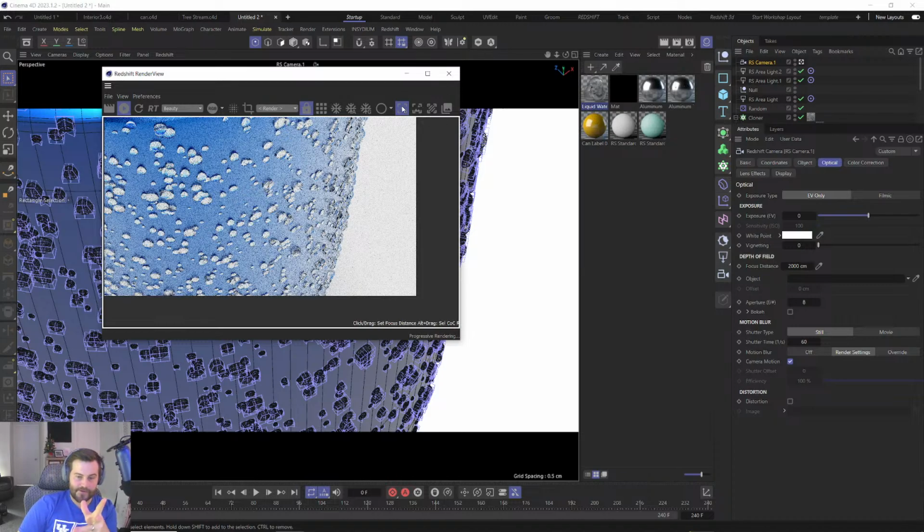And nothing's going to happen right now, but what we're going to do is turn on bokeh by checking this little checkbox here. And then we can twirl that down if we want, and that's going to give us the options to